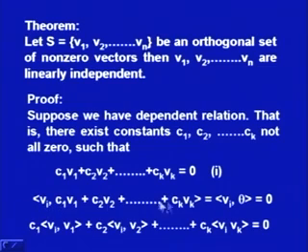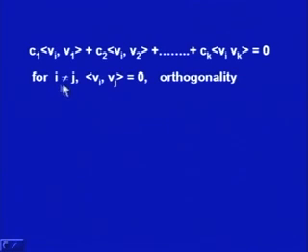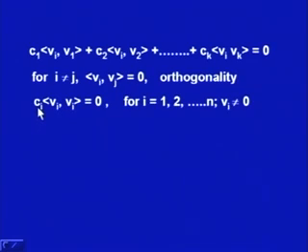Now, this is the property of inner products, that is why we are taking c1 out: it is the addition property and scalar multiplication property. Now, vi comma v1, if i is not 1, is going to be 0 because they are orthogonal. Similarly, all these will go to 0. So, if i is not equal to j, the inner product of vi and vj is 0 due to orthogonality. That means we have only ci multiplied by vi comma vi equal to 0,